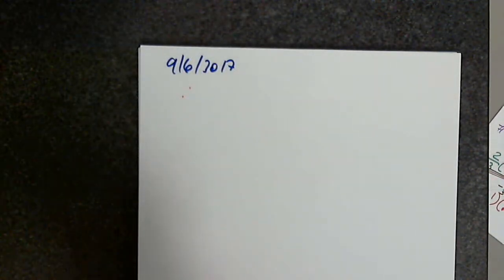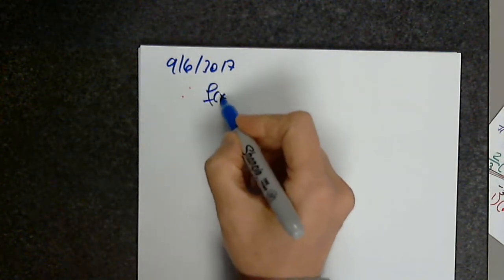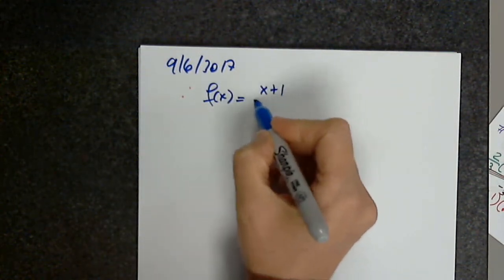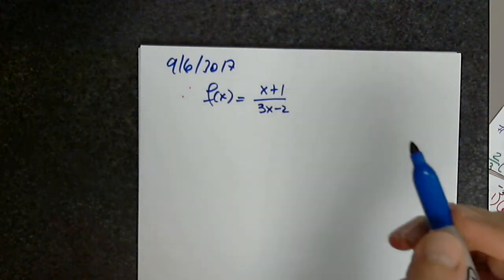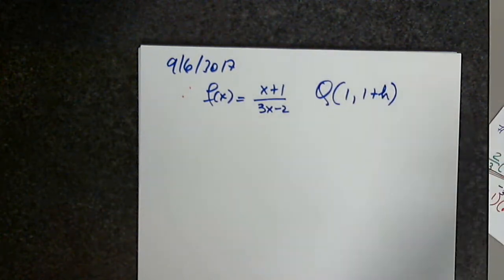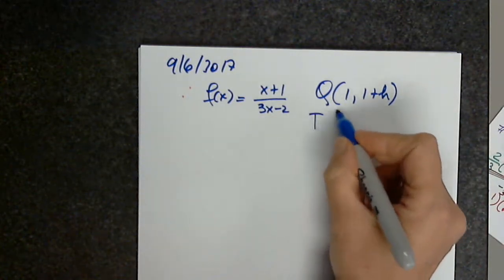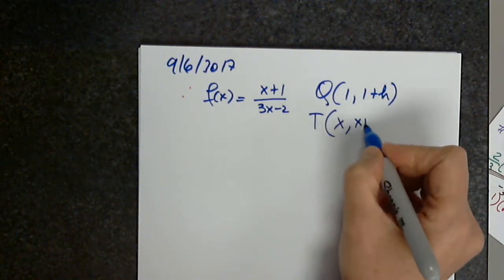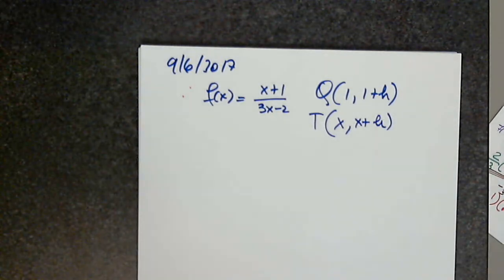Okay, so we are given a function which is (x plus 1) divided by (3x minus 2). And we're given a point which is 1 plus h. And later on, we have a point x plus h. And the question is asking us to determine